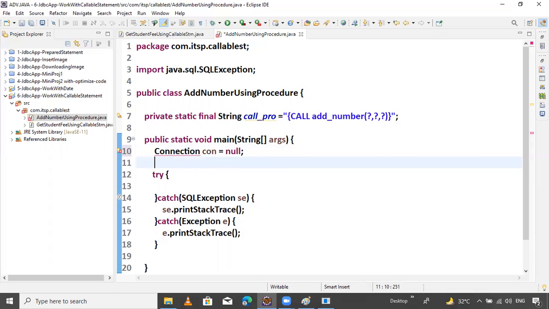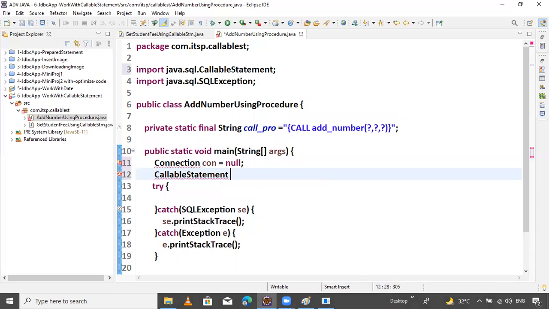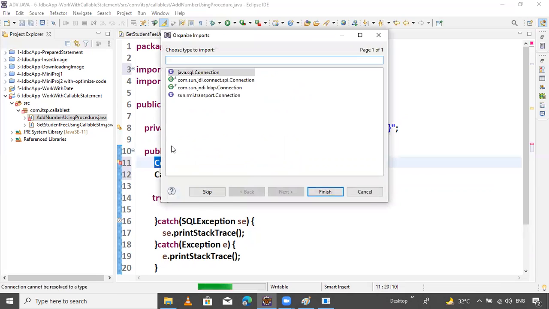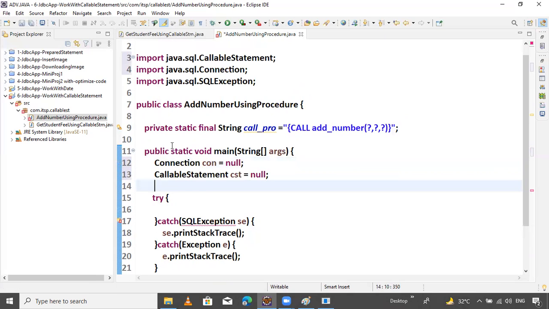And the second thing required is callable statement. CallableStatement cst equals null. That's it. And Control Shift O to import the connection.